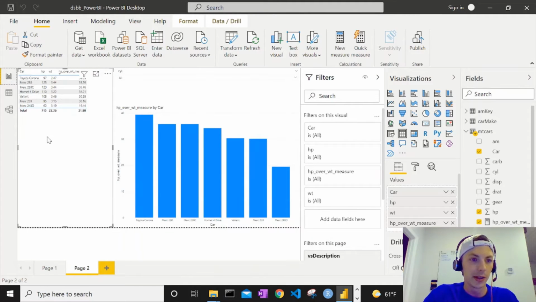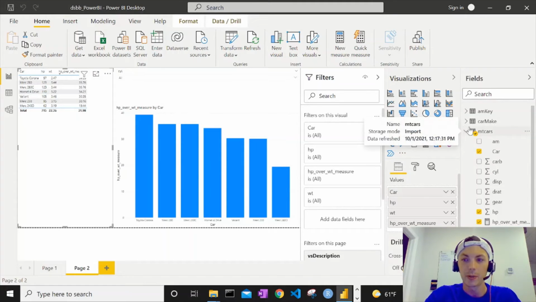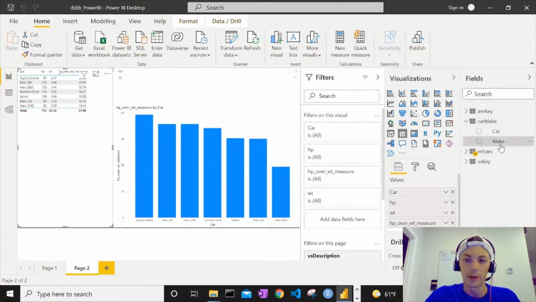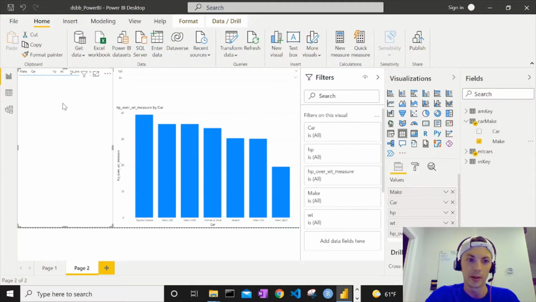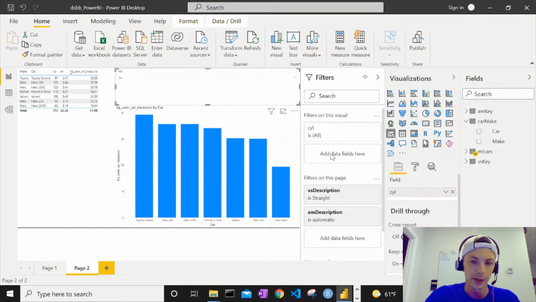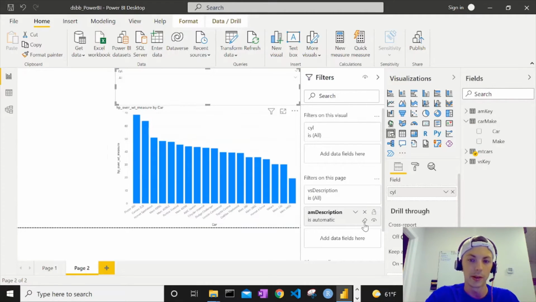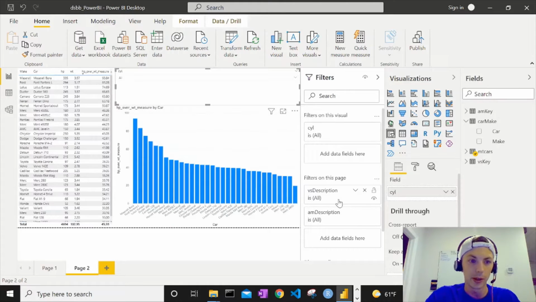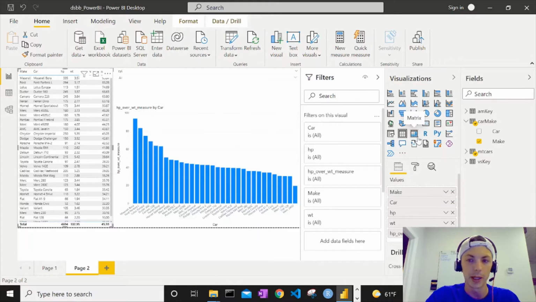So if we go back to here, my point now that I'm trying to make is if we grab from the car make our make now, and on this visual we have to be selected on it, put it above car. Let's make sure we clear all our filters. So if you click the eraser on cylinder, click the eraser on these over here as well, now you've got this big long table because it's including all the cars and all the makes. But what we can do is head over to our visual pane, and let's make this a matrix instead of a table,